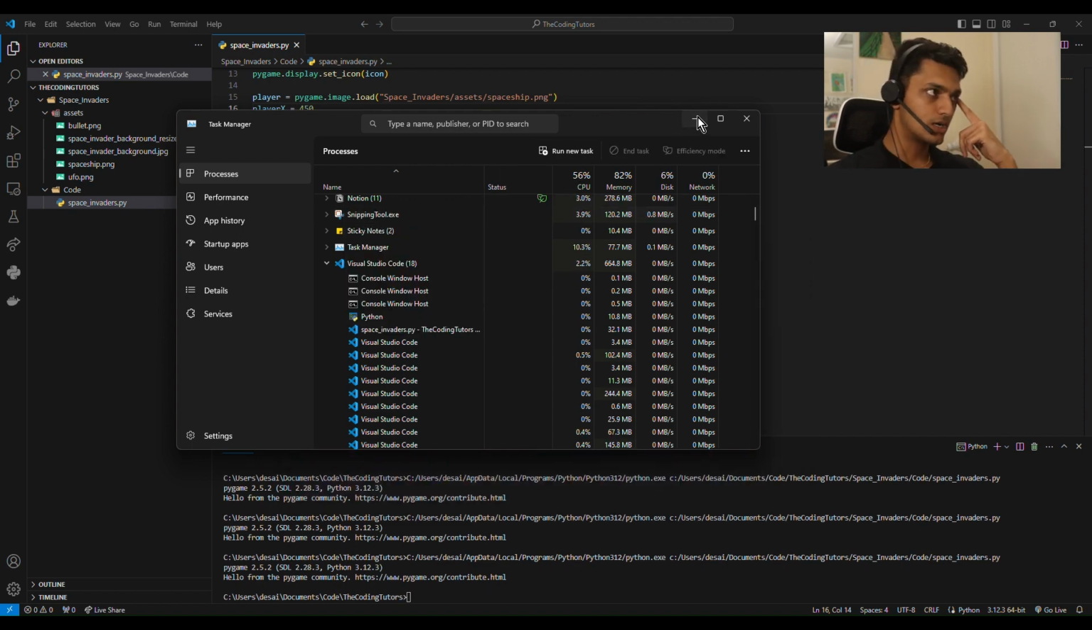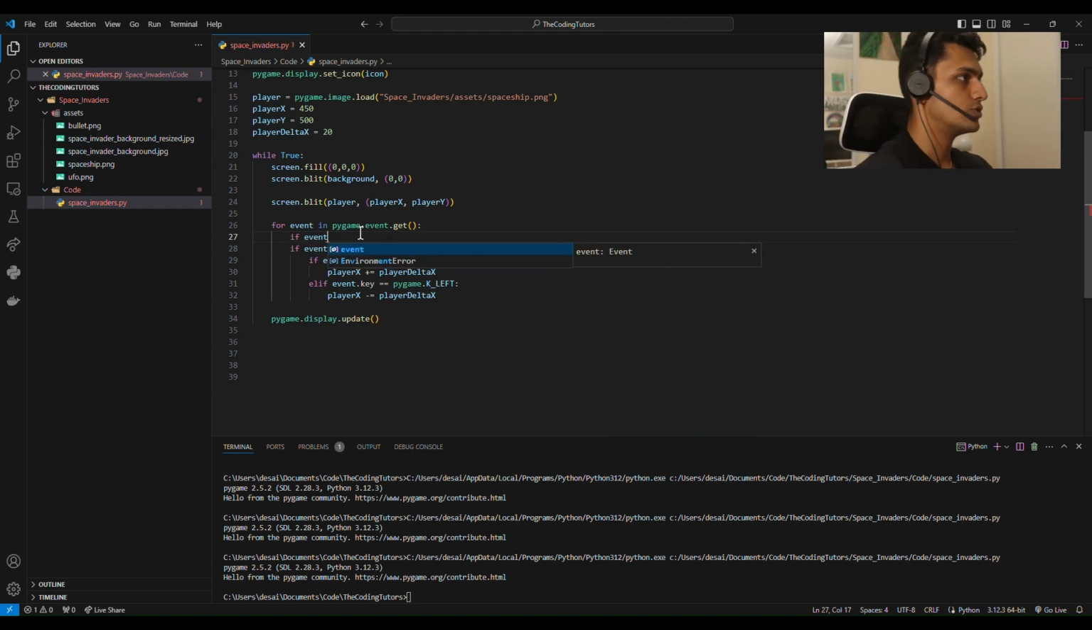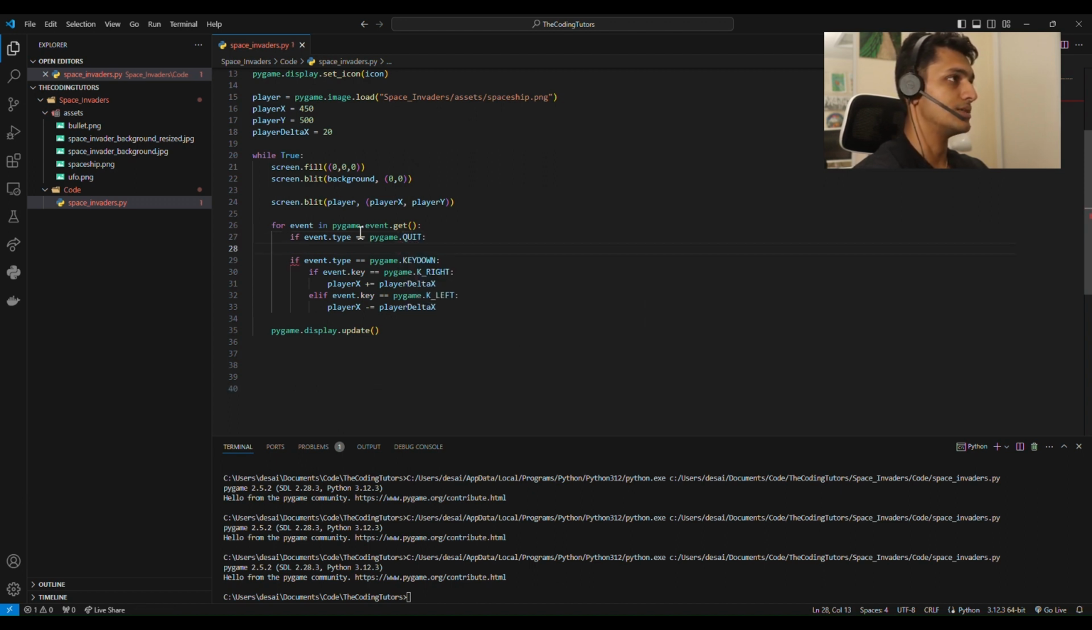So those are two things that we're going to be fixing right now. Now, I think there is an event in Pygame called quit. So what we're going to do is, in our loop that goes through all the events in Pygame, we're going to say if event type is equal to pygame.quit, then we are going to quit. But how do we quit, right? Because we want to break out of this while loop. And how do we do that? Well,